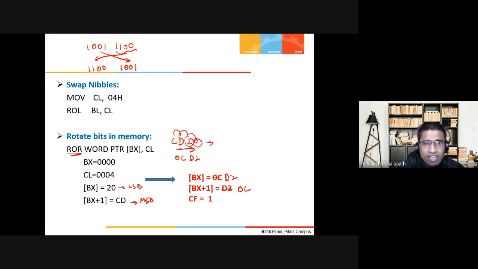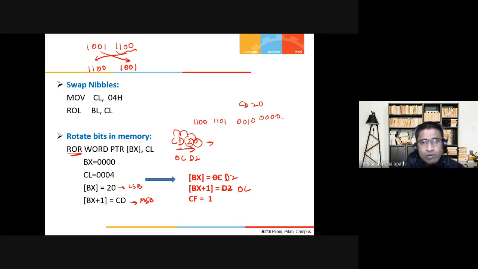If you expand CD20, this will be 0000, 0010 0000 and D is 1101, C is 1100.